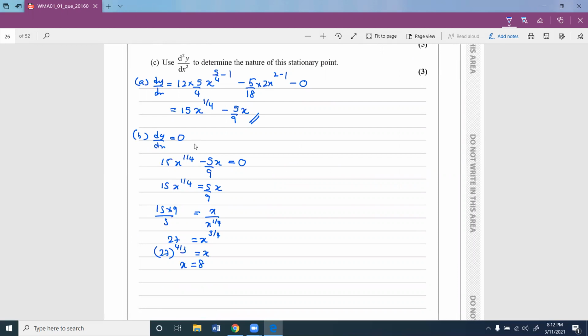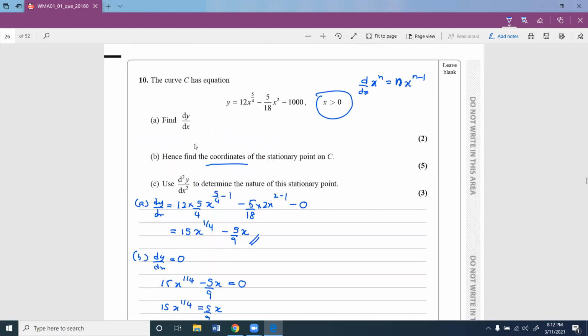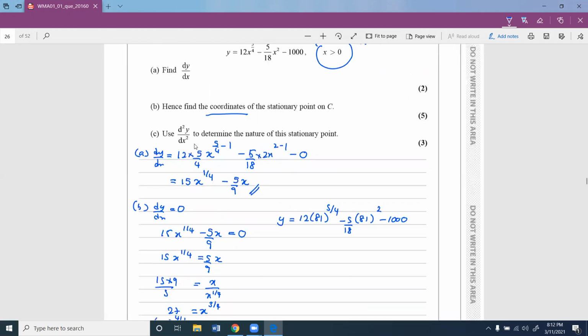Now I know the x answer. Then they want to find out not just the x coordinate, but the coordinate. In that case, you have to find the y answer as well. Then you can find the y value by substituting 81 into the main function. With this, you can write the answer in this format. Then you can write this as